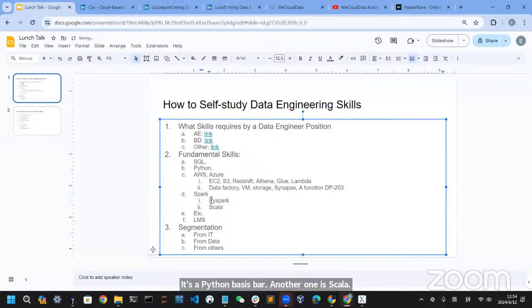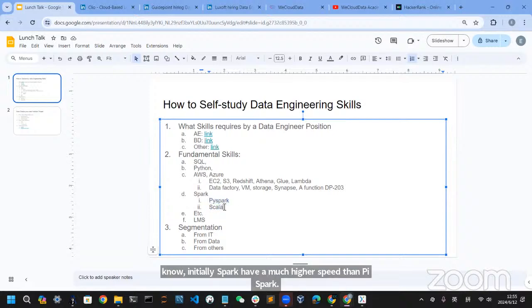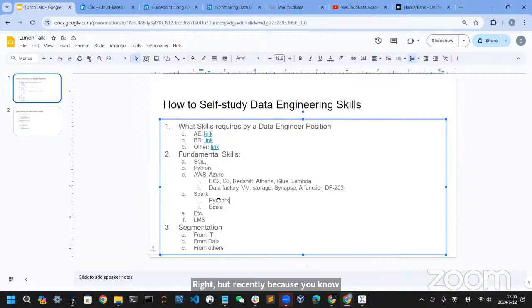Previously, because Spark was written in Scala, Scala was the first language to use in Spark, and initially Scala had a much higher running speed than PySpark. But recently, because they have optimized PySpark many times,